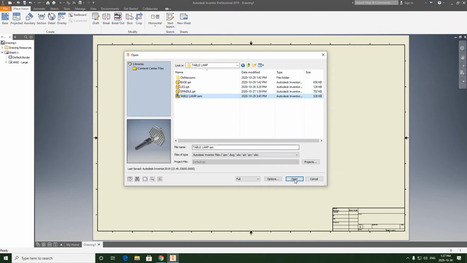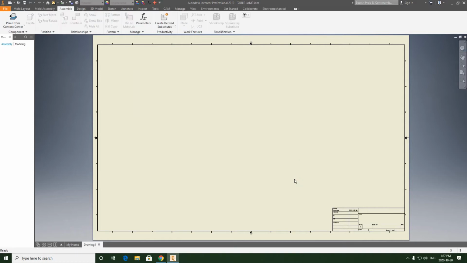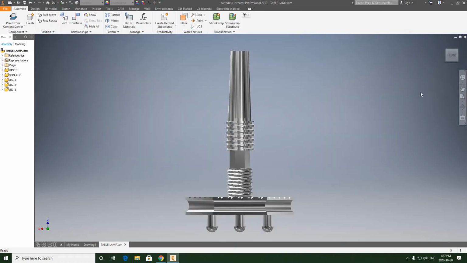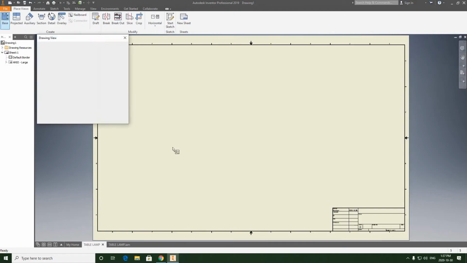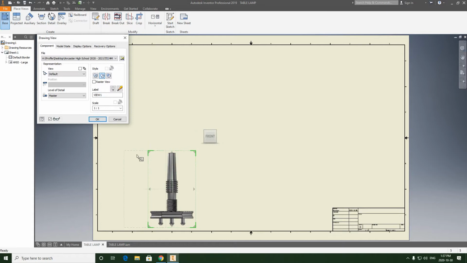So before I can begin, I need to also open my table lamp assembly. And here it is. So I need to open up the assembly before I can insert it into the drawing file. So I'm going to click over to drawing 1. I'm going to click base, and I'm going to bring in my front view